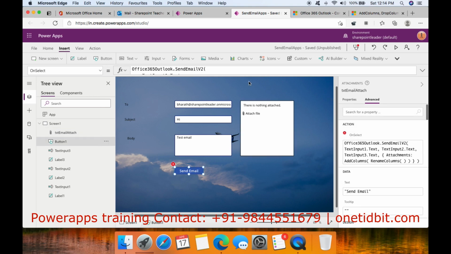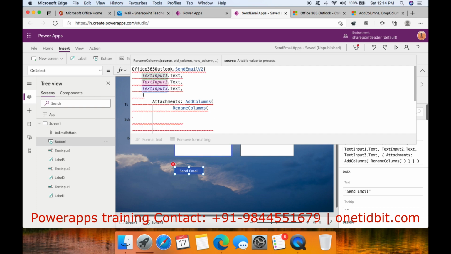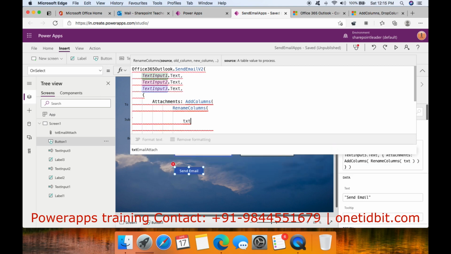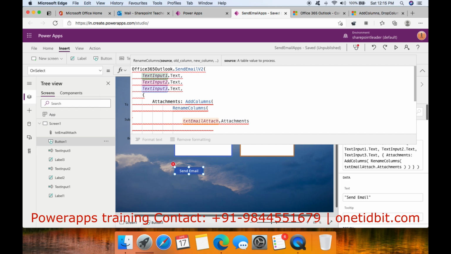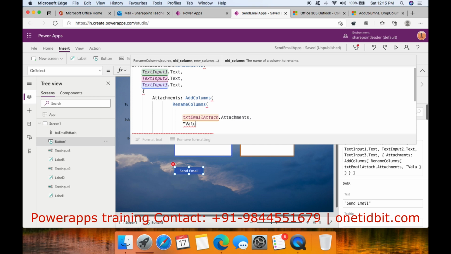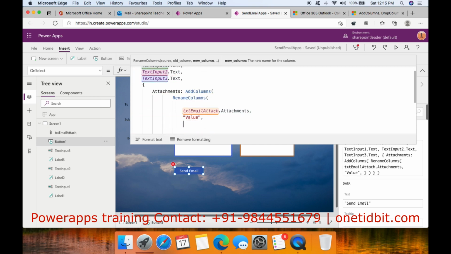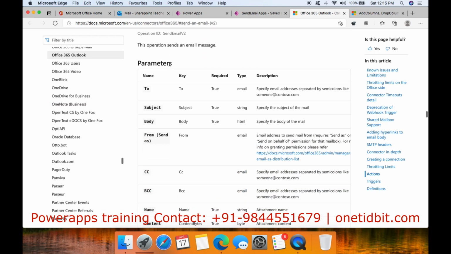So in the RenameColumns, pass these columns, txt_email_attach. Okay, and let's check any properties available. Okay, Attachments. This is one column, and comma, and there will be one value. And after the value, let's check this Send Email V2.